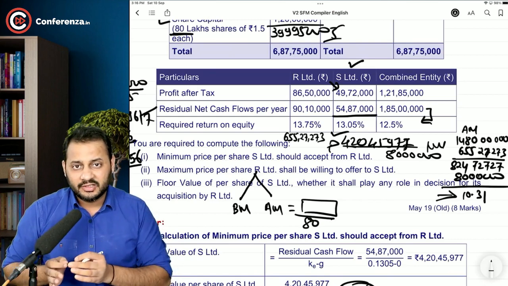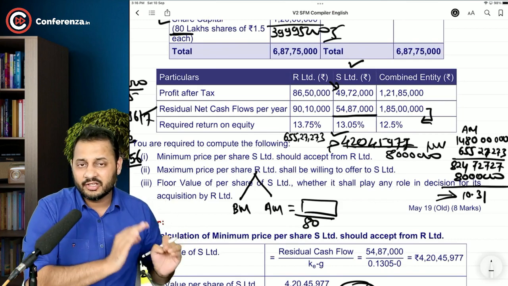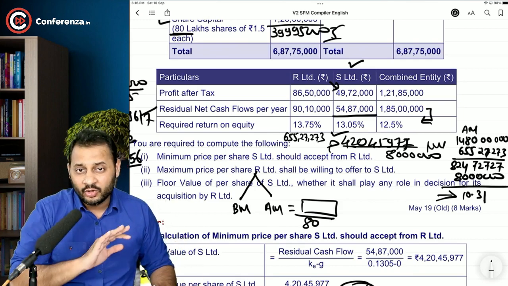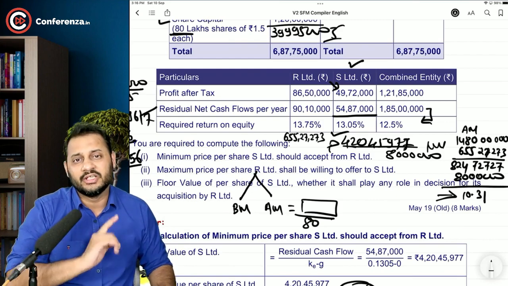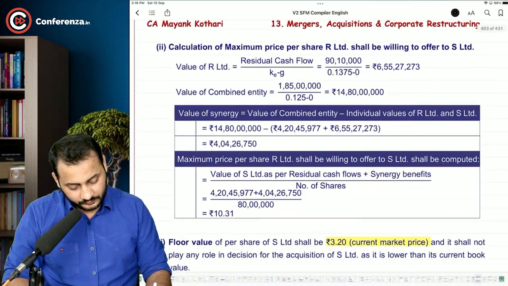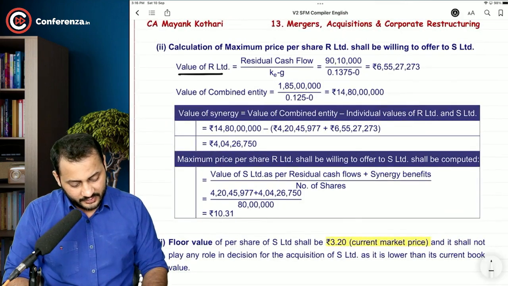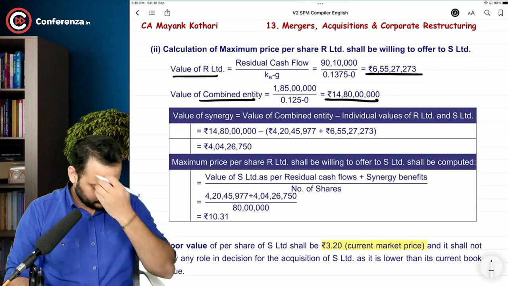They will ensure that their before merger market value is carried forward in the after merger market value also, and they are not losing on it. If they are not gaining, but they are not even losing by paying 10.31. Have a look. This is the value of R Limited right now. This is the combined entity. So if you will take the difference,